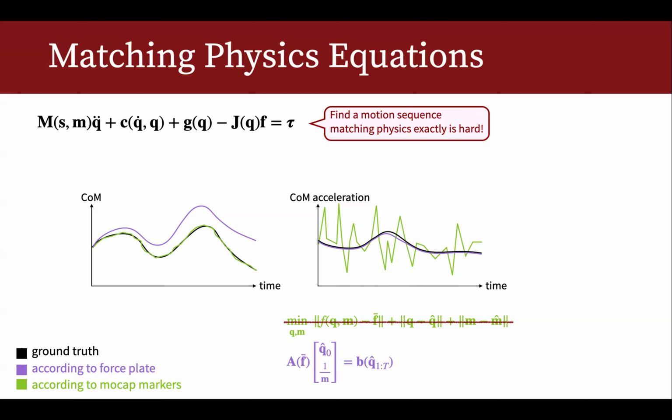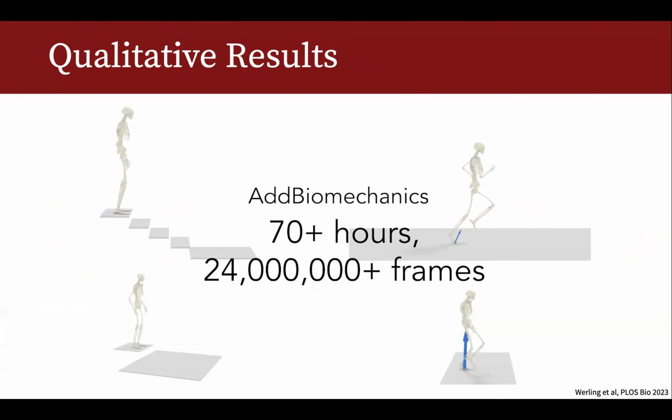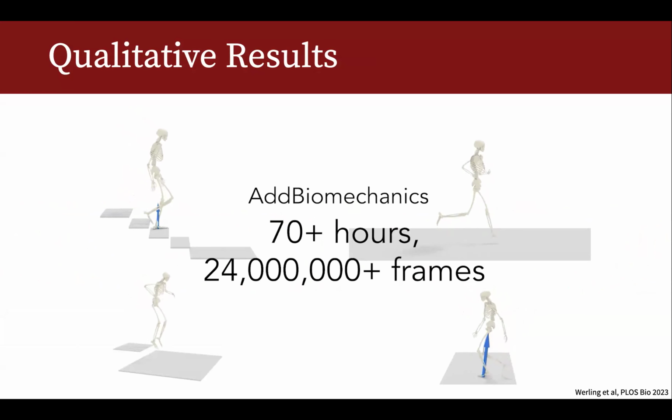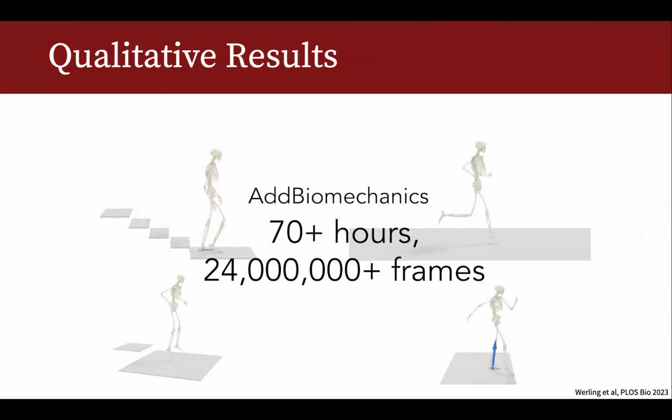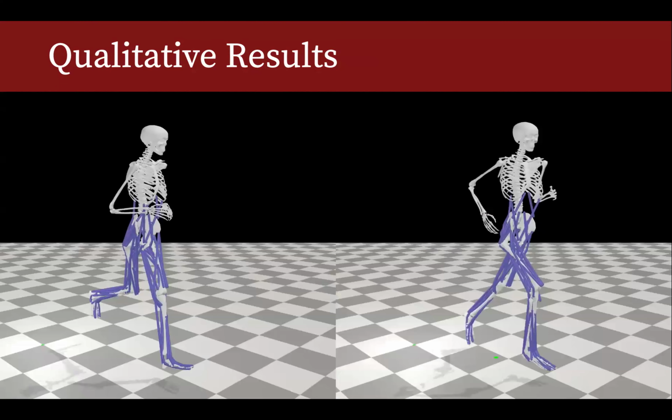This still requires you to solve a passive dynamic system expressed as a linear system. You can solve that, and then use that as the initial guess to fit the markers later. That's a lot easier. Anyways, those are little details that we did. And at the end, we were able to create high quality motion with both kinematic and dynamic information, that is also highly diverse and large in quantity. So we have 70 hours of data that has both kinematics and dynamics in there.